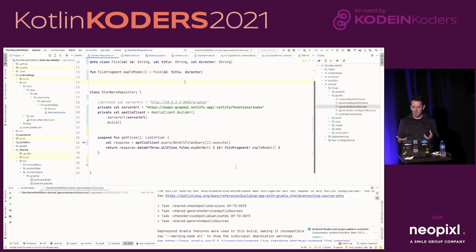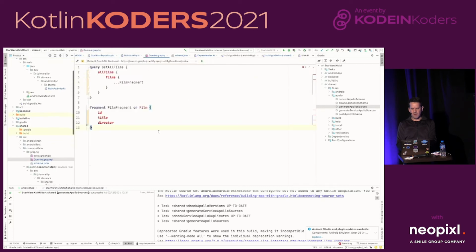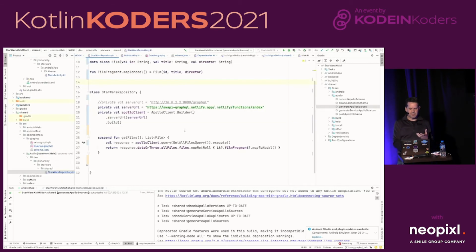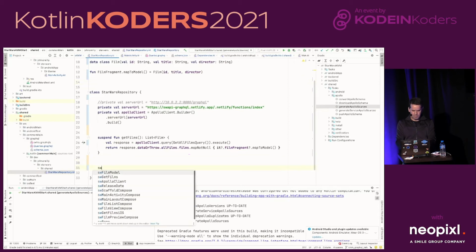So this is the method that we're exposing from our shared code, primarily, get the list of films. And we're using the Apollo client instance that we created to query the list. These are using classes that were auto-generated by Apollo. We're navigating down through our response, which maps to what we would have seen, for example, in our query, all films, film, for example. And we're providing this method, as I said, as a suspend function from our repository. This is going to be the surface area of what our shared code is going to be in our example today. And we're going to add something for iOS as well. And this is going to be a segue to a broader discussion about